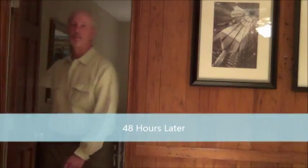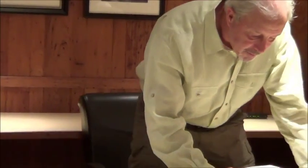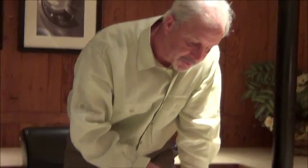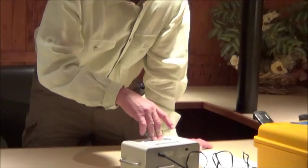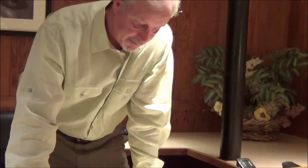So we're going to deploy these devices and then come back in 48 hours, and we will see what the results were. Okay, we're back. It's been 48 hours, and this monitor is ready to be read manually. We'll plug this into some software, and we'll get the actual hourly readings and the graph. And I can tell by pushing a series of buttons what the actual level is on this test, and it is